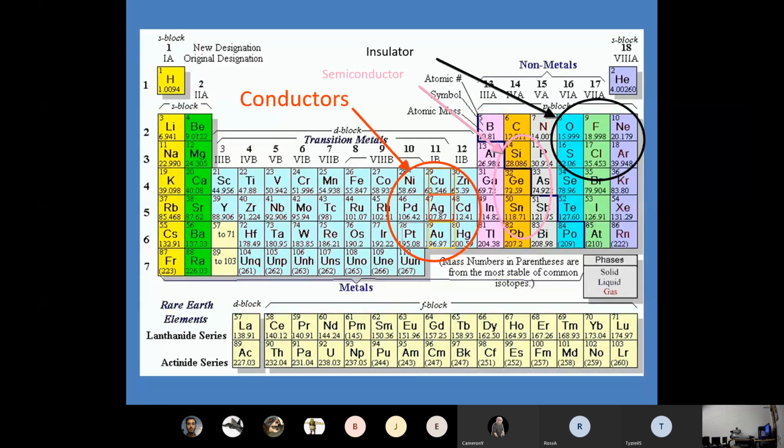and then anything off to the right of those are going to have more valence electrons, which make them insulators, and anything to the left of that is going to be your conductors, because they have fewer valence electrons in each element. So that's how you can look at a periodic table and be able to tell, oh, I'm looking for a conductor, but all I have is,